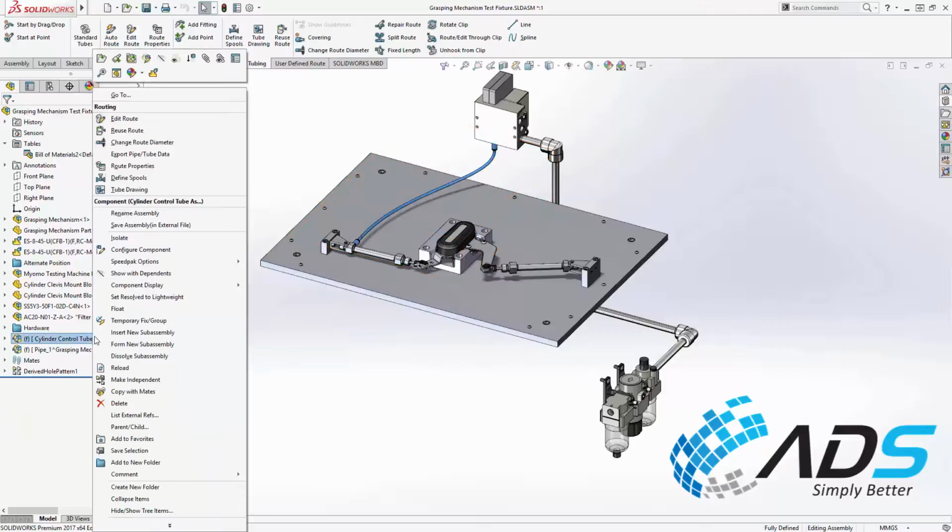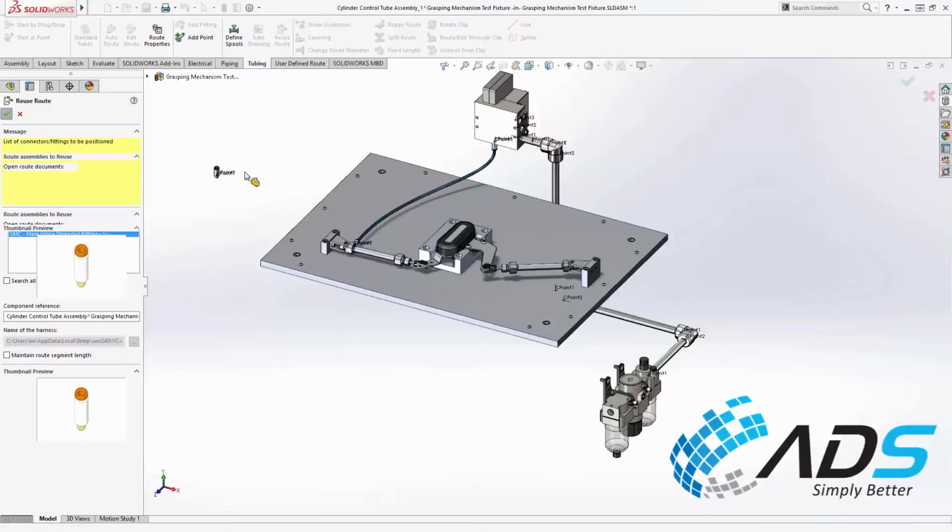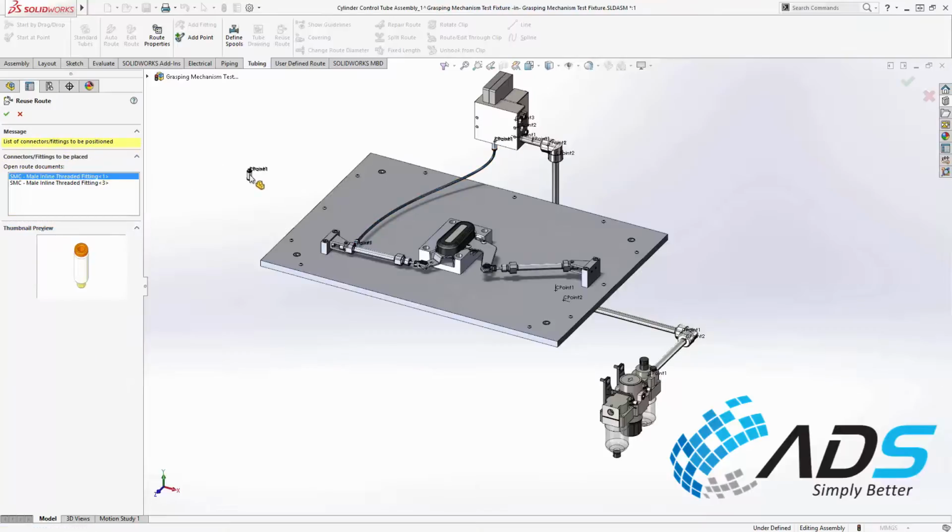Simply right-click on the existing routed assembly and choose Reuse Route. SOLIDWORKS then asks you to initially place the new version of the route. Pressing OK like any other SOLIDWORKS component simply places it at the assembly origin. SOLIDWORKS presents you with a list of the components used in the original route, which you can then place like